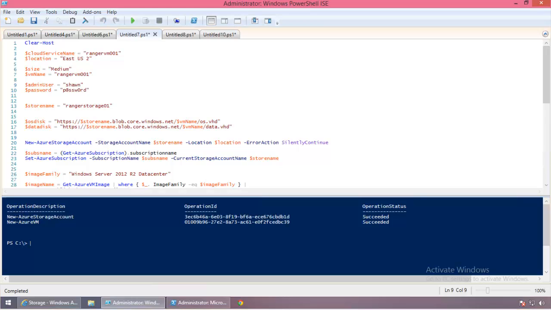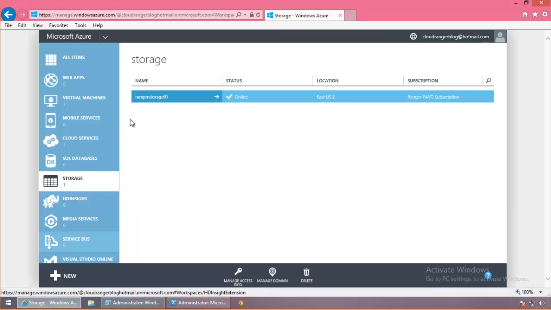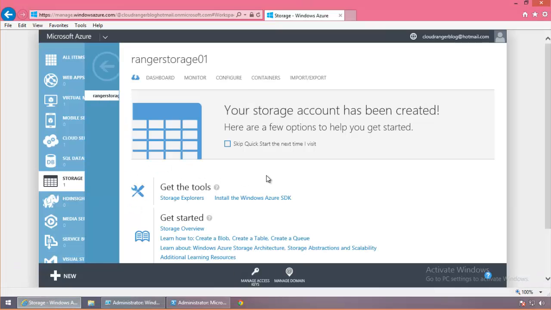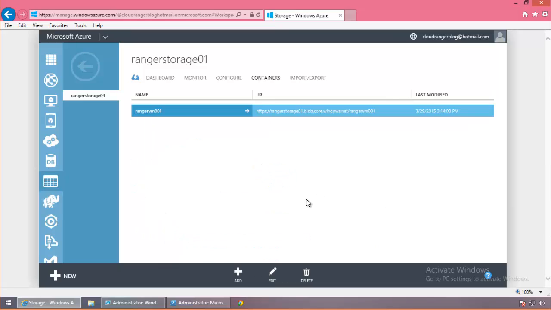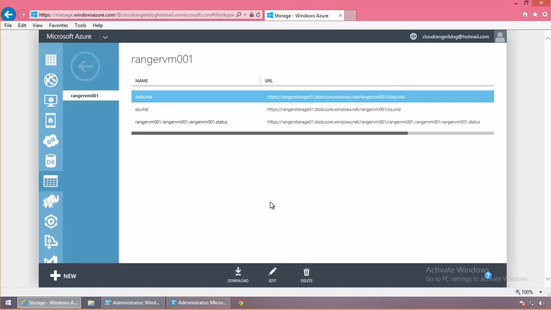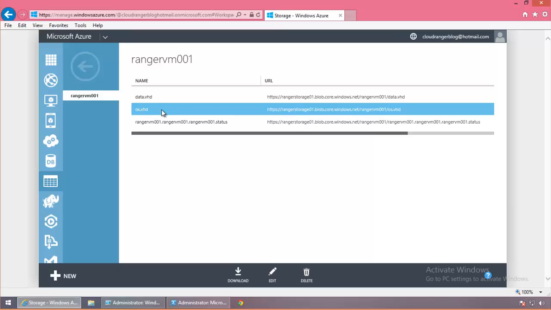All right, so looks like the script has run. So let's go to the storage, and if everything worked out here, let's go to the containers. And look at the container this time. The container is not called VHDs anymore, but it's the same as the virtual machine name we have created. So let's go in there, and you can see the OS disk is now labeled as os.vhd, and the data